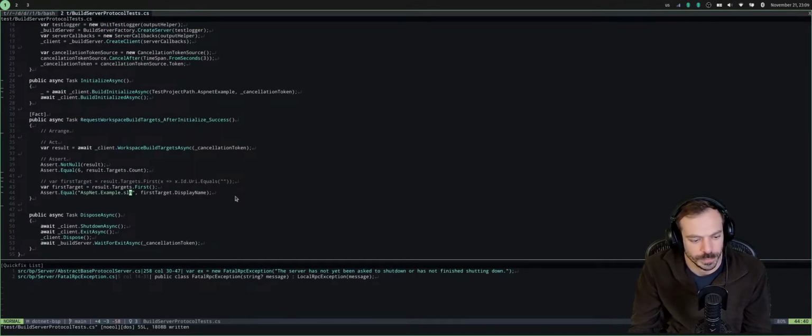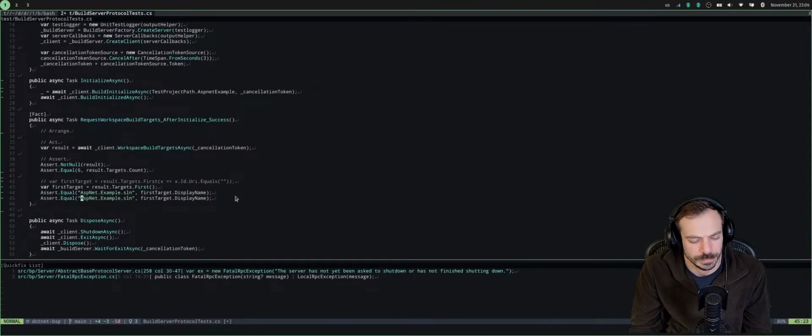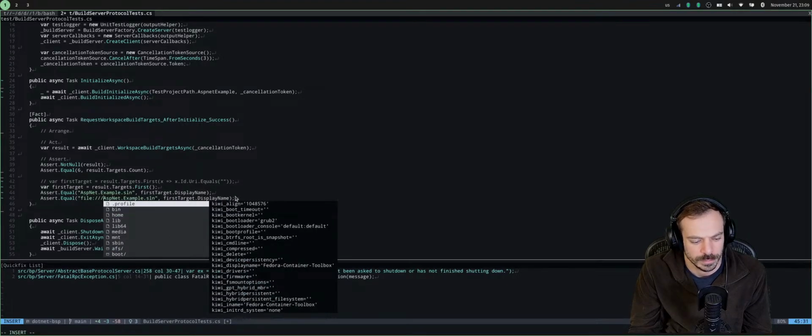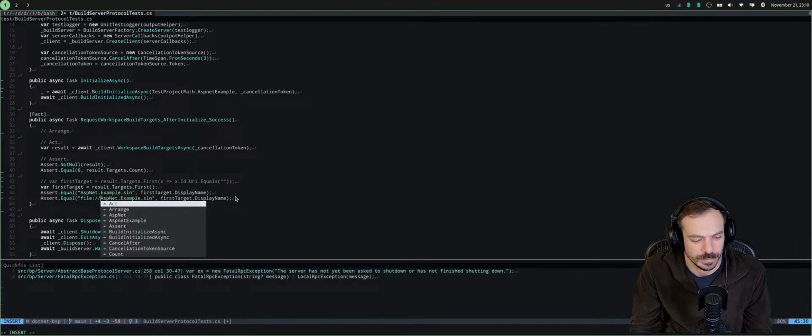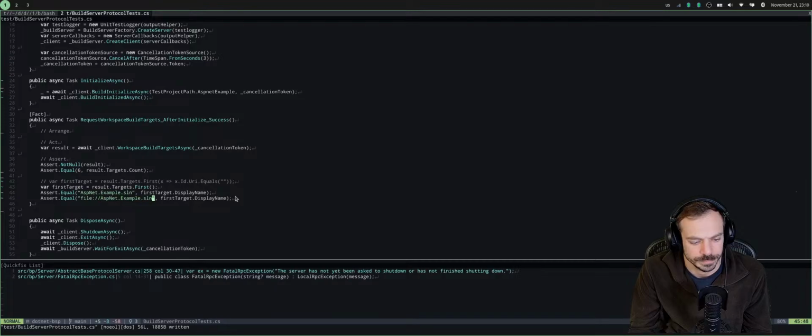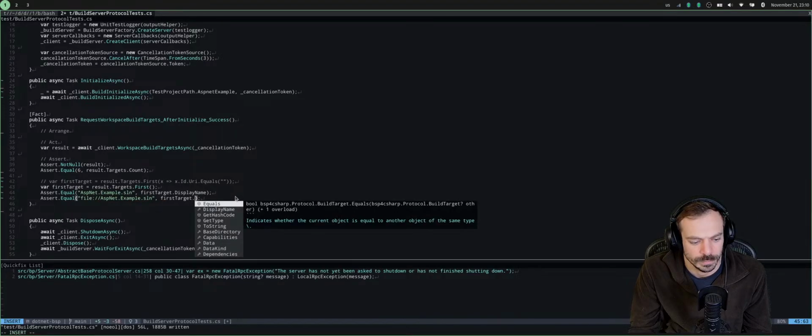And the ID would then be something like file. I think it's a fully qualified name. I mean not fully qualified name, I mean the whole path.